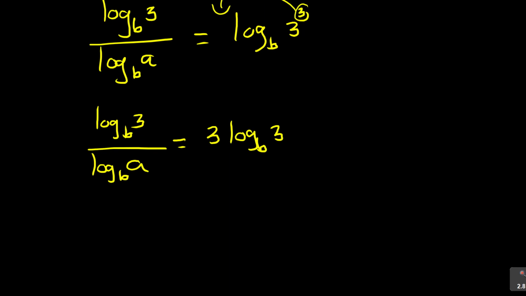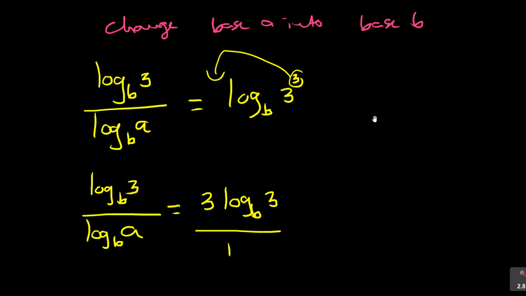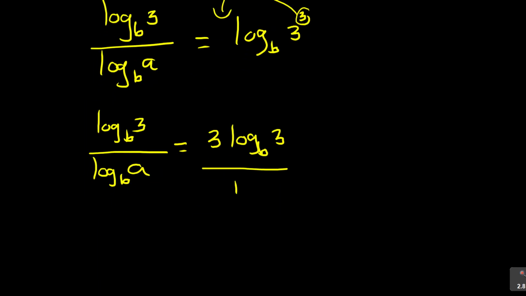And then when you're doing this, you say over 1. I'm saying over 1 so that there is a fraction. You cross multiply like this. Cross multiply. 1 times this, so you're going to get log base b of 3 is equal to 3